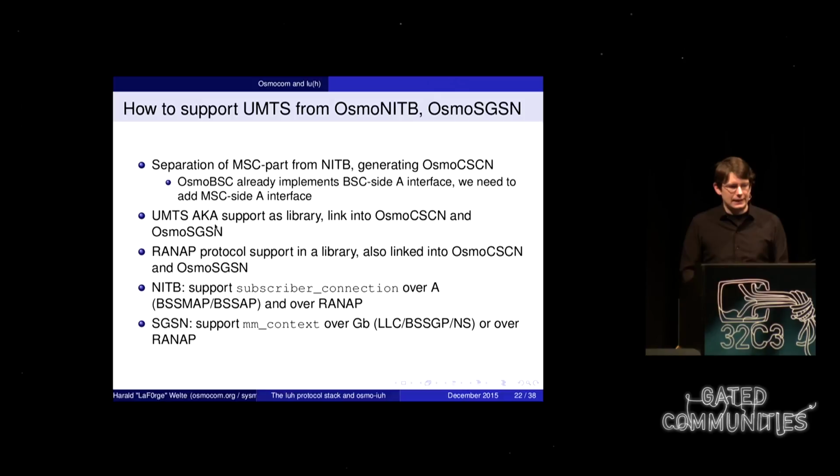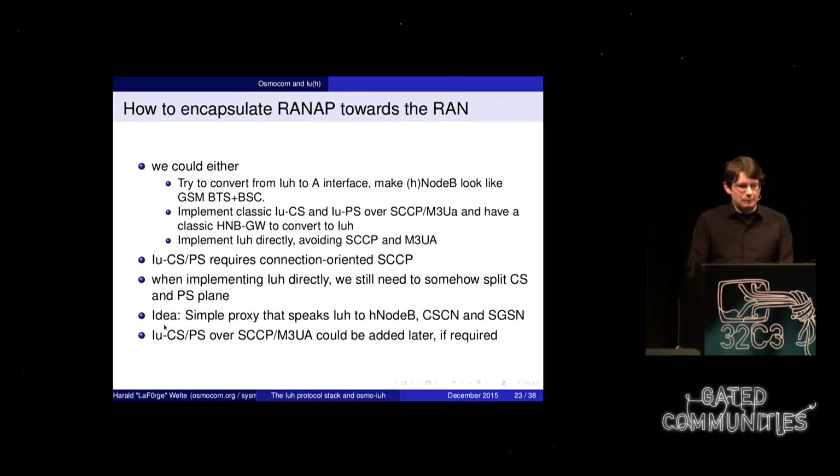We need the different protocols that I just mentioned and link them in. On the SGSN side, for the data services, we need to introduce some abstraction to basically differentiate the packet data connections coming from GPRS networks and those coming from the new 3G networks or base stations that we are supporting. But it's all manageable.